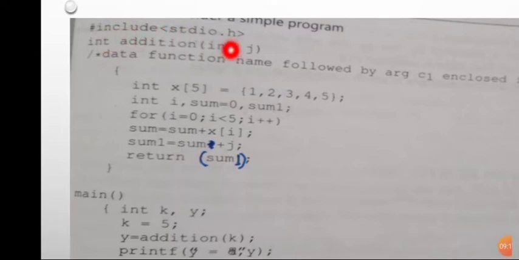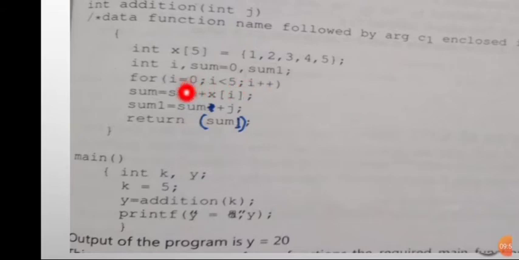This is the standard input output file. Now the next statement, you observe: int addition(int j). This is a user defined function. Addition is a user defined function. As it is a user defined function, the information about it is not available in the library file, hence you have to define it here.